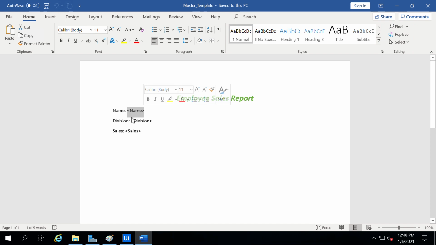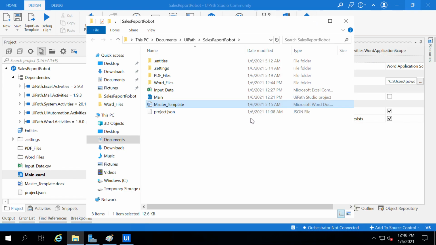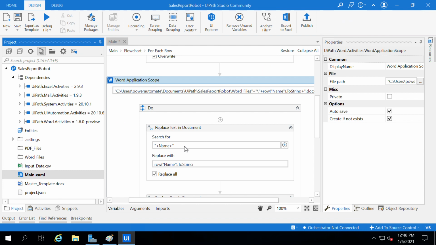The same placeholder text for name, division, and sales I have given in Search For, and it should be replaced with the name of the user.